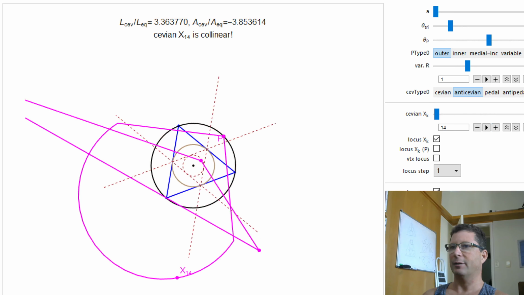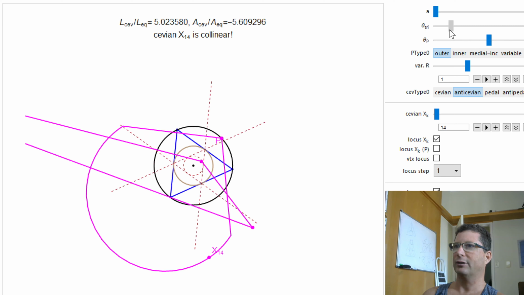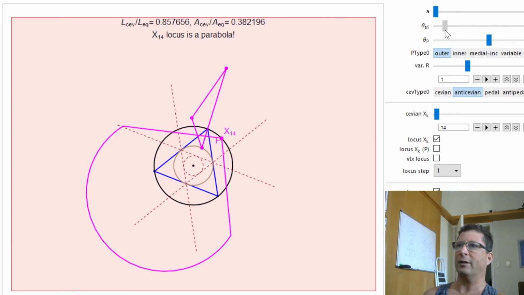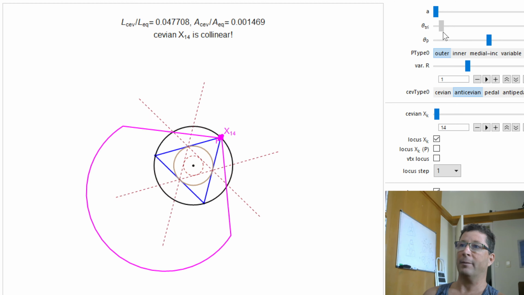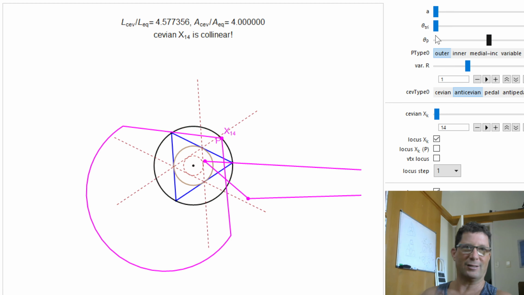X14 is going to have something that is going to be complementary to what we just saw. So now it's actually moving along this arc with the triangles moving around, and then it becomes stationary on X14 on P when I'm actually at a complementary zone between my midlines. So it's stationary here. I call these phenomena, and I'm starting to notice them in several different situations, but these